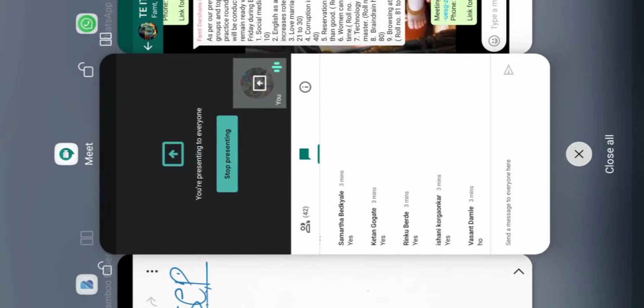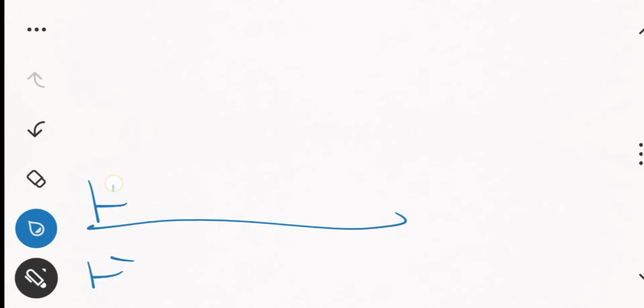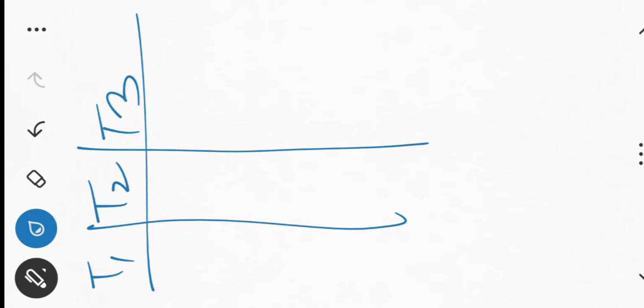Like if I say I have transactions T0, T1, T2 up to Tn. T0 is waiting for the data item which is held by transaction T1. T1 is waiting for the data item which is held by transaction T2 and so on. I have given the example also, but I will give you one more time. You can see I have transaction T1, transaction T2, transaction T3 and so on.